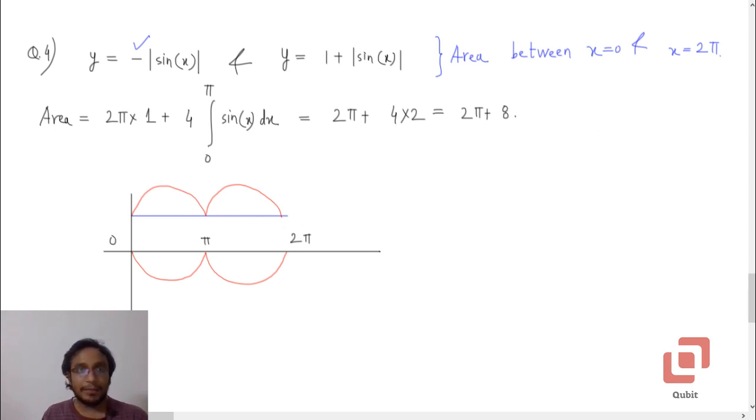Okay, fine. Now one thing to realize here is that the graph of negative mod sine x is always going to be below and on the x-axis. Okay, negative mod sine x, which you can see here. It will intersect the x-axis at 0, pi and 2 pi, but nonetheless it will always stay below the x-axis due to the modulus sign and the negative sign here, primarily due to the negative sign.